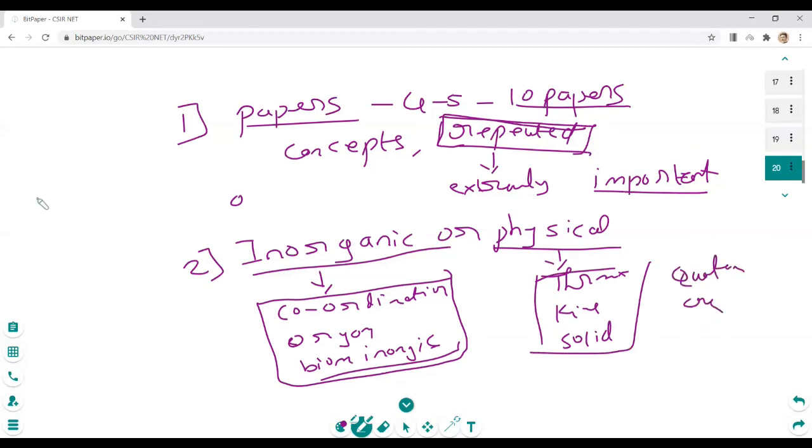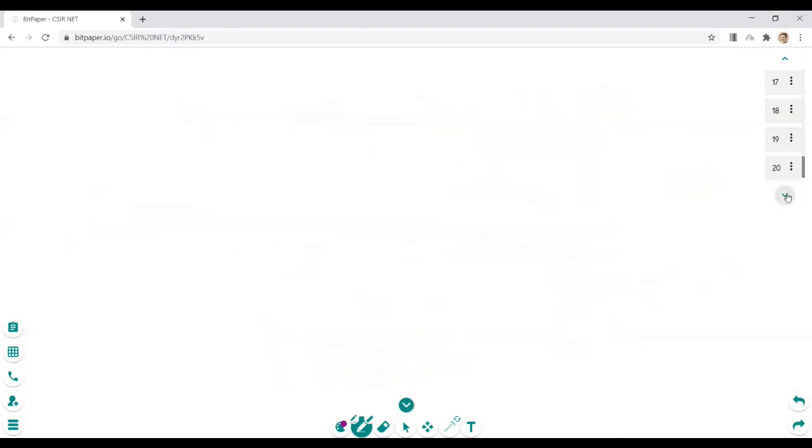And in organic, if you are an expert in organic, then no doubt you can do all the organic problems. There's nothing to worry about. But if you are doing inorganic and physical perfectly, then try to do spectroscopy, because it's more logical, more mathematical per se, like your physical. So you can try the spectroscopy problems. So this is about your plan for your NET. Anyway, this year NET is postponed, so you have plenty of time.